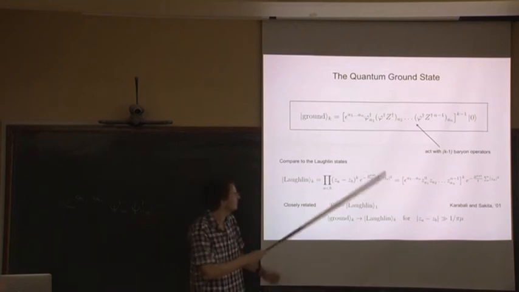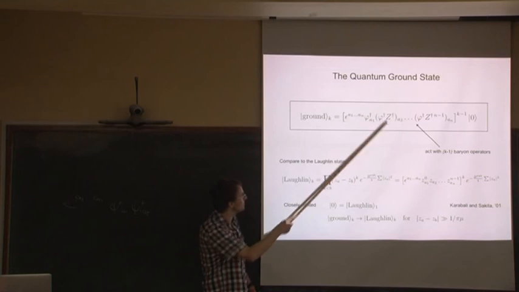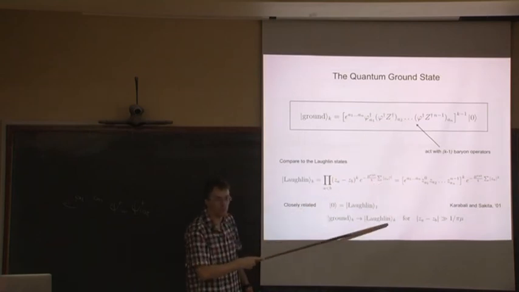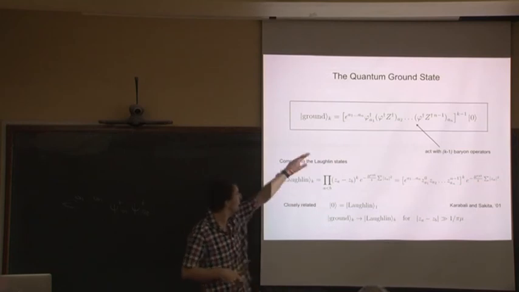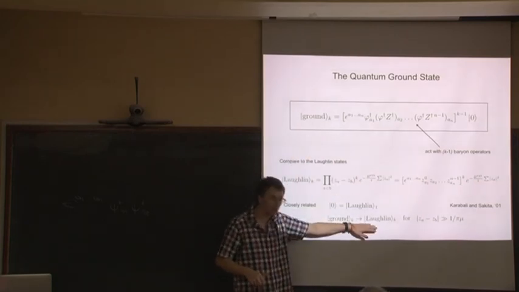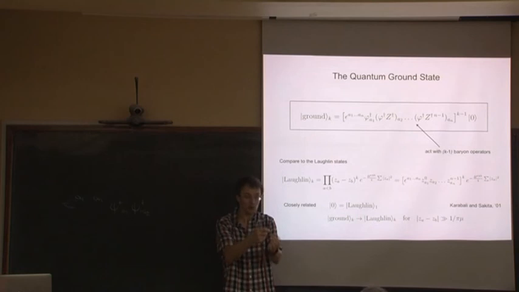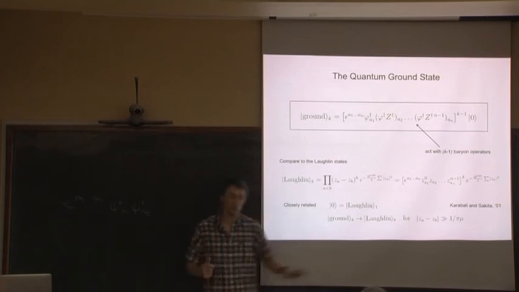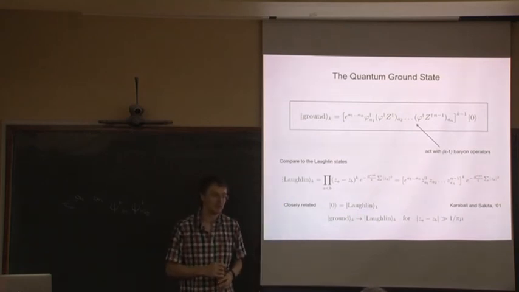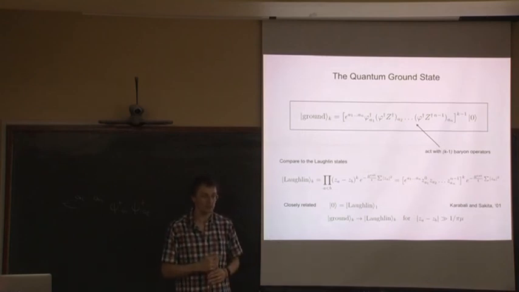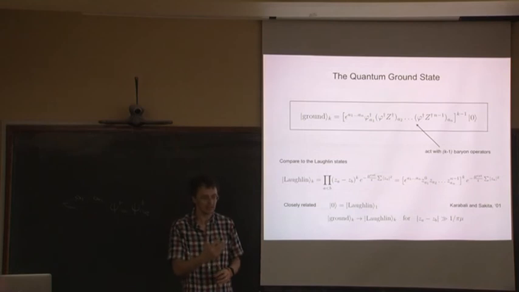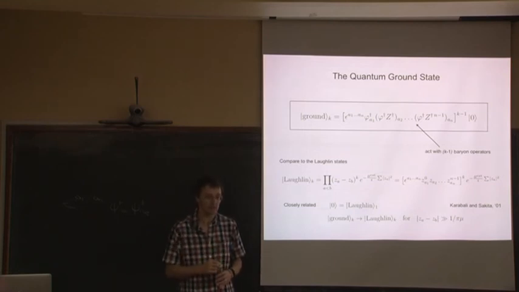It's worth stressing that the Carabalians did a couple of maps between this and this. This holds for both of them. So whatever map you do between this and this, it always gives Laughlin at large distances, and they differ only by what's going on at short distances, which you don't care about. So it's the long distance entanglement that's key in the Laughlin wave function to its properties. I think in new language, that's the point.